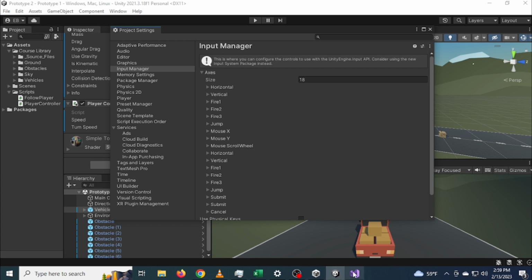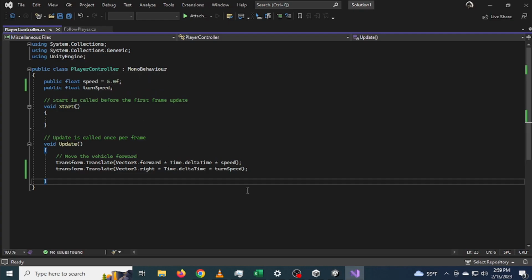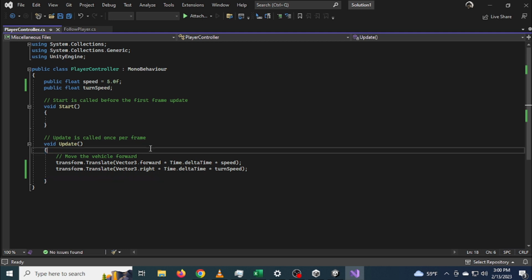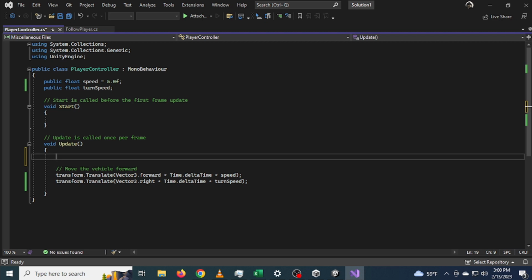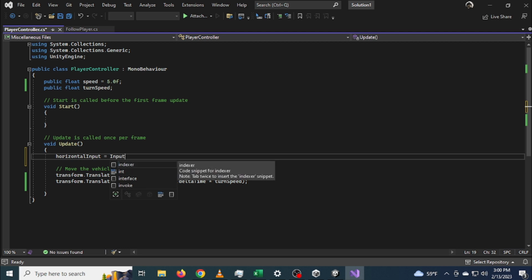In player controller, we had to add a new public float horizontal. That would be here. So, horizontal input equal to Input.Get